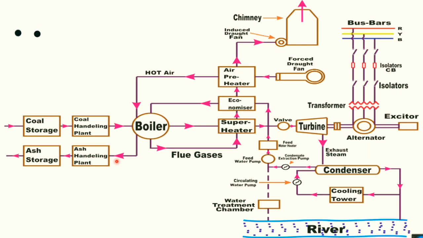For example, some industries use the ashes for making bricks. Some use them to make fertile land. We know that ashes also have a very low density, a low mass with respect to volume. So we sprinkle some water on the ashes so that they settle down with all the dust they have, and they are stored so that they can be used in other forms, like making bricks and other things. So this is the actual working of a thermal power plant.